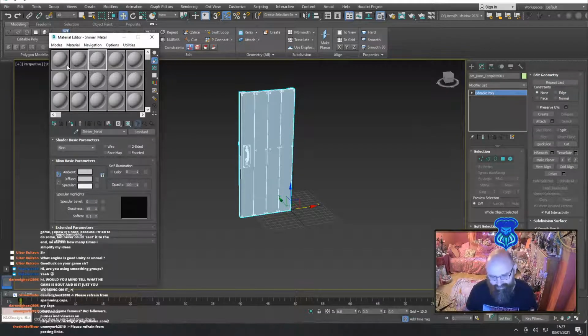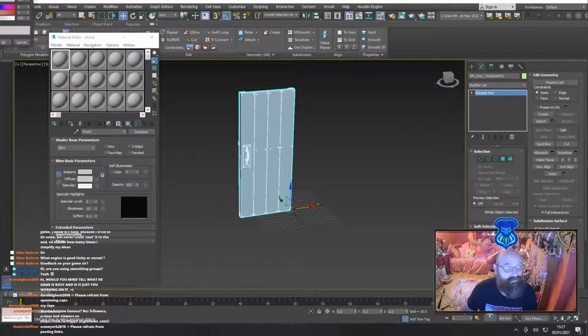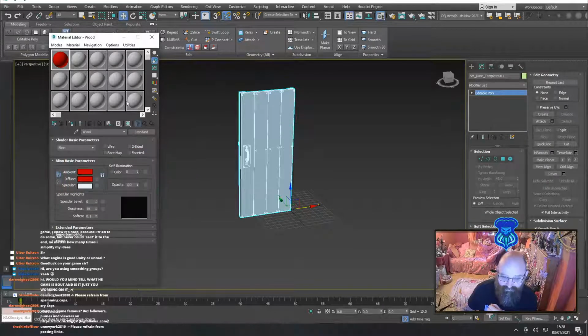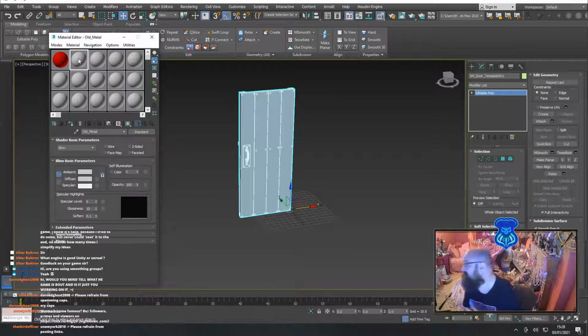Now, I've got 3 materials here. The first main colour I'm going to use will be, let me see, not black certainly, but let's have red. Okay, so I've got red. The second colour I'm going to use is